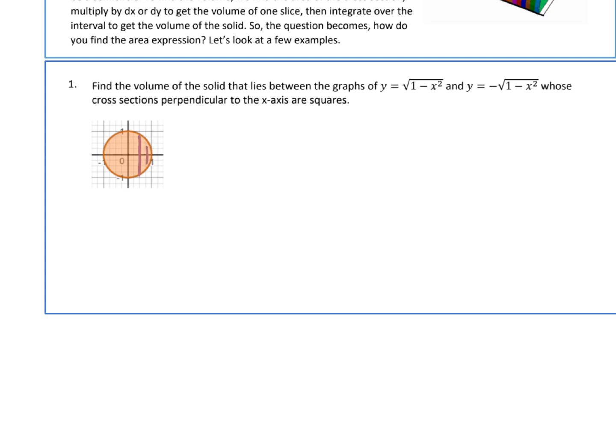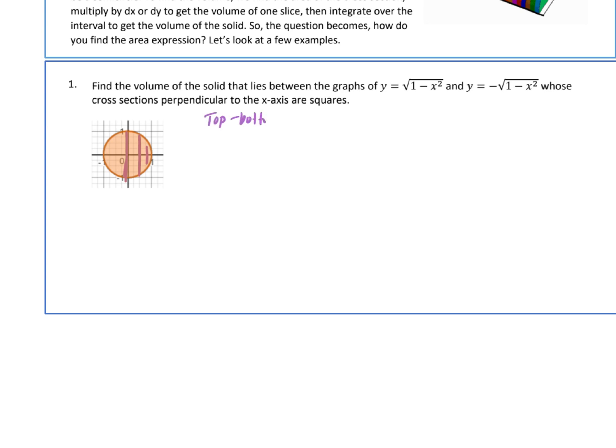And again, it's like we're stacking up these squares. You can notice that's the base of each of these squares. The size of the base is going to change depending on where you are. Now to find the length or the distance, it's really just the distance between the two curves, right? Isn't that how you find the distance from the top to the bottom? You would do top